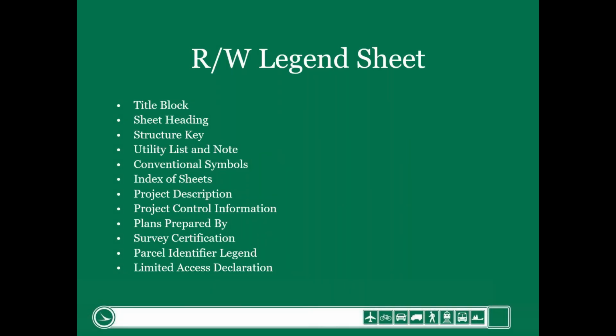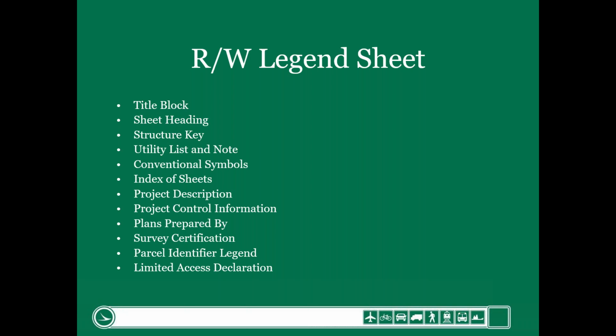With that, what we're going to do now is right-of-way plans. First I want to explain that right-of-way plans are a subset or a part of construction plans. Anytime ODOT designs a project, if we need to acquire any right-of-way, there will be a set of right-of-way plans that will be basically a subset or a part 2 of the plans.